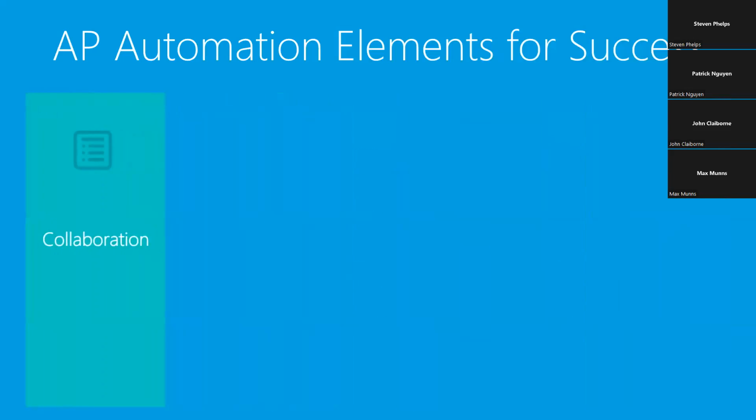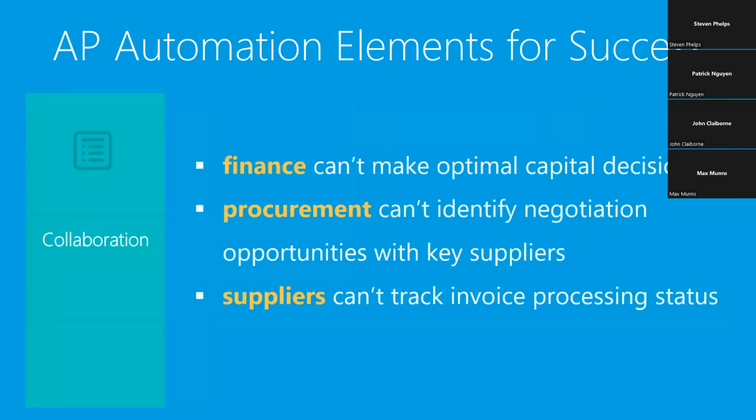Next comes collaboration. And what about collaboration? It's collaboration and the cross-function coordination among key stakeholders in different departments, such as accounts payable, the procurement department, finance and treasury, and suppliers, so that it creates an environment where key information flows easily between all the key stakeholders. Without collaboration and visibility,